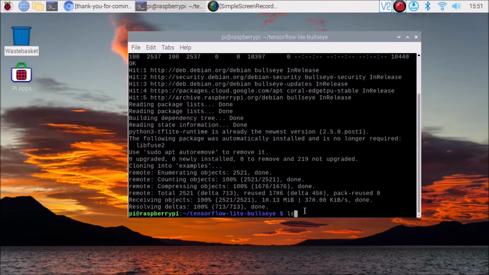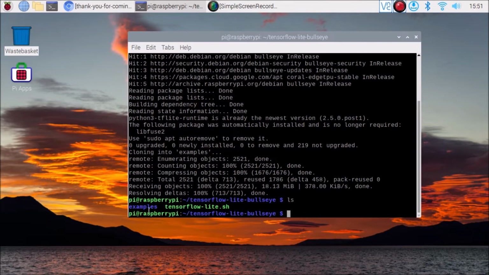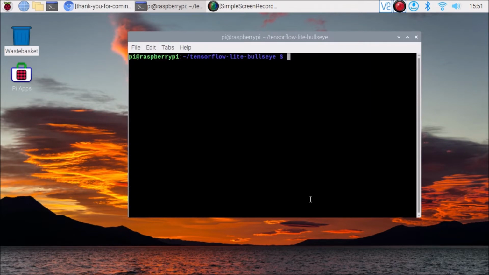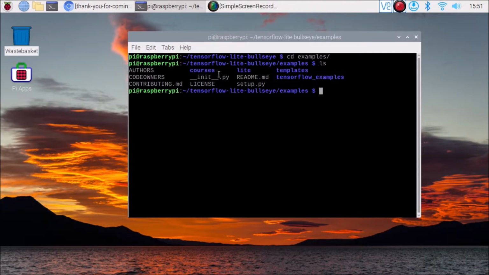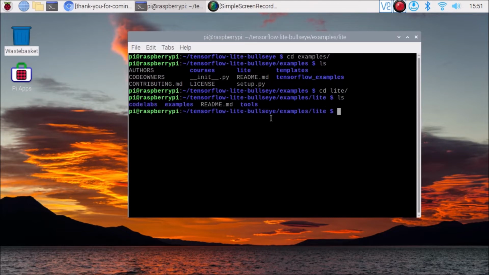Now if I run the ls command, as you can see, we have our examples folder. First we clear the screen, then run the command cd examples. Now we are inside the examples, and here we have the Lite folder. We need to go inside Lite, so cd Lite, and again the ls command.